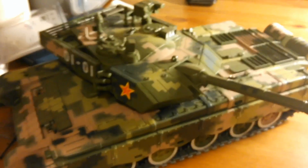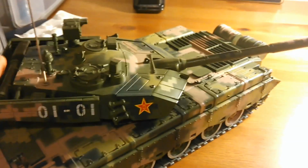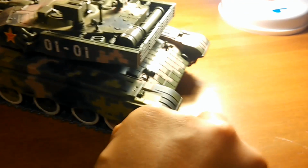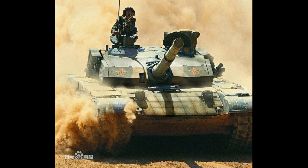Most of the modern battle tanks have it, where it can basically spot an enemy infantry object or tank from a distance of 8 kilometers, and in the worst situations, for example mist, dust, desert storm, it can still spot an enemy tank at 2 kilometers. Basically some sort of sensors on the top of the tank can detect it and tell you where the target is and what's what, and so therefore the commander doesn't really